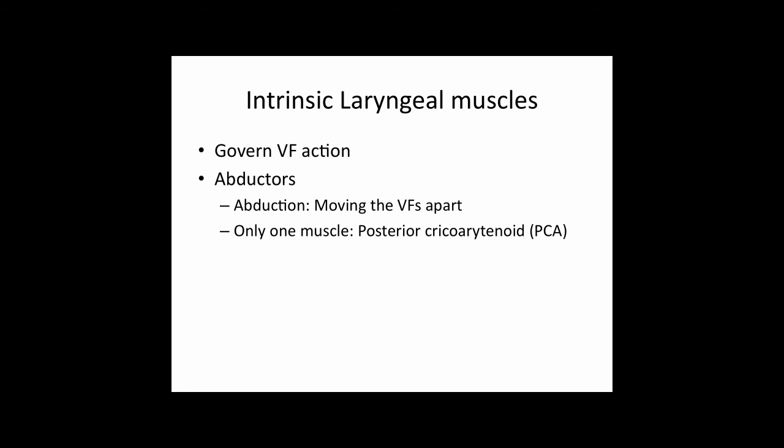Now, I'm going to talk about some laryngeal musculature here. There are two kinds of muscles: extrinsic laryngeal muscles and intrinsic laryngeal muscles. Extrinsic laryngeal muscles are muscles that have a point of attachment within the larynx and another point of attachment outside the larynx. An intrinsic laryngeal muscle has both of its points of attachment